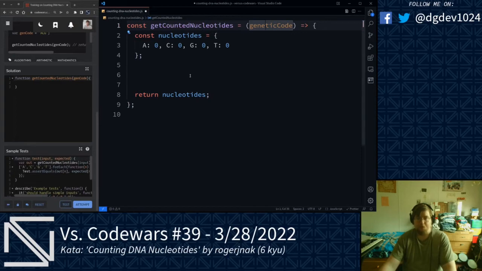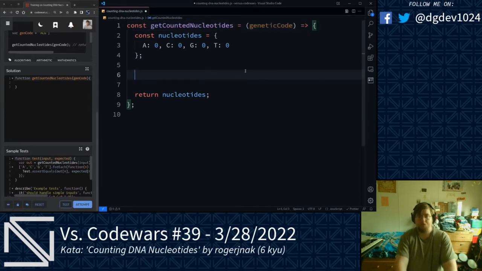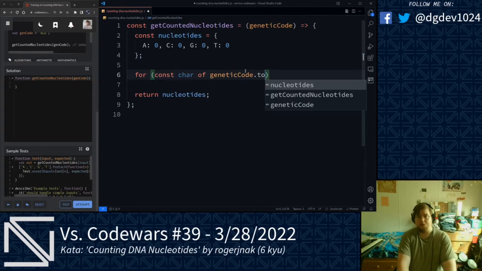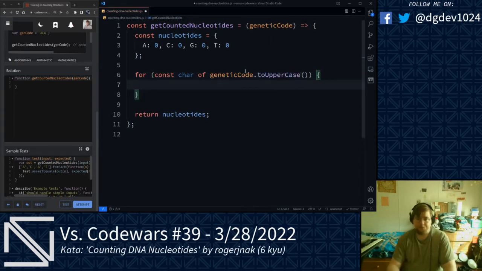All right, what we're going to go ahead and do, we're going to do a for const char of genetic code, and we're going to transform this to uppercase here. Now, in the event that this genetic code contains an invalid nucleotide, we're going to go ahead and null check that